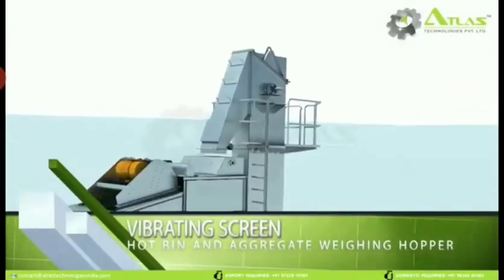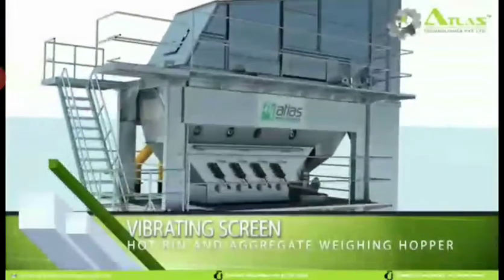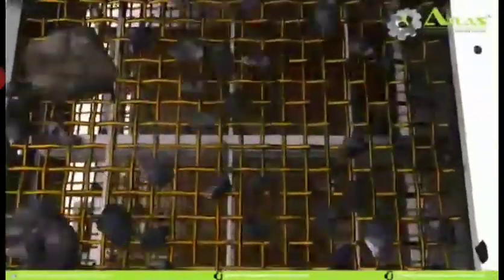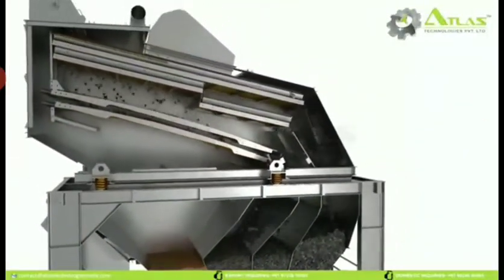Now the vibrating screen, the hot bin and the aggregates weighing hopper. Here the actual quantity of the aggregates is weighed, and as per the grading, the sieve sizes are decided. Through the vibrating machine, for a particular sieve size, we see how much quantity of aggregates is retained, right? Depending upon that, we decide which grading these aggregates belong to. Some stay on one sieve, some on other sieves, depending upon the size of the aggregate, right? Then they are separated out.